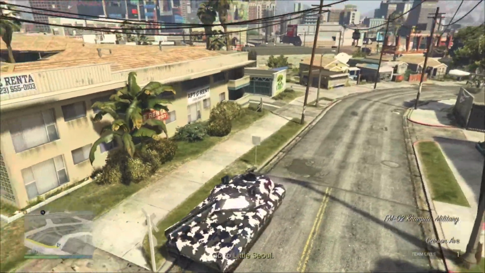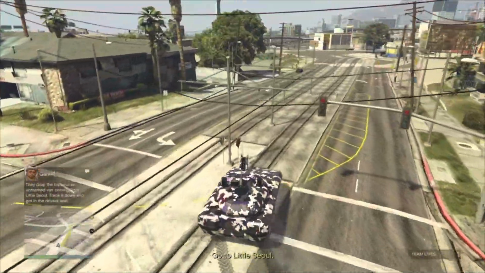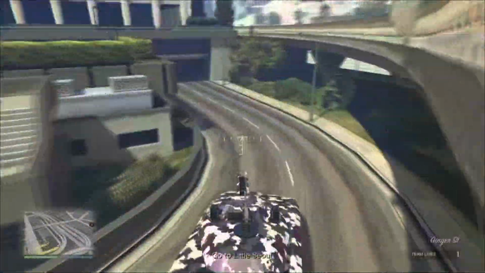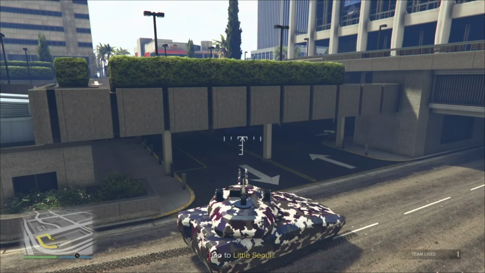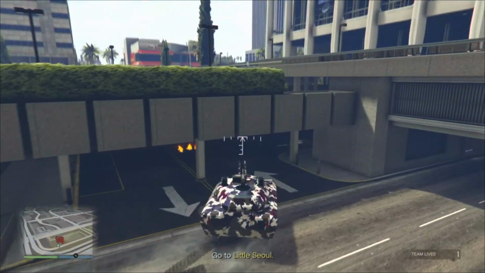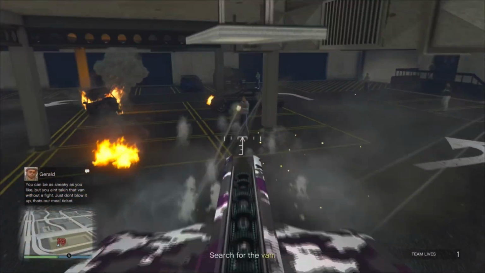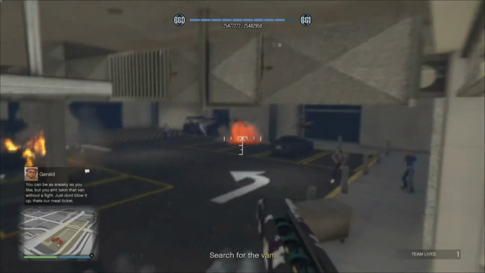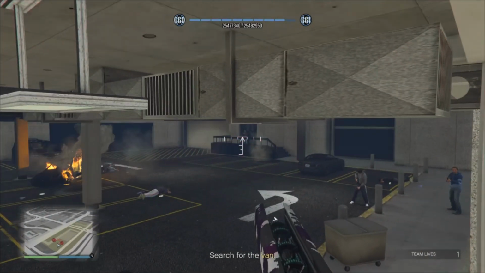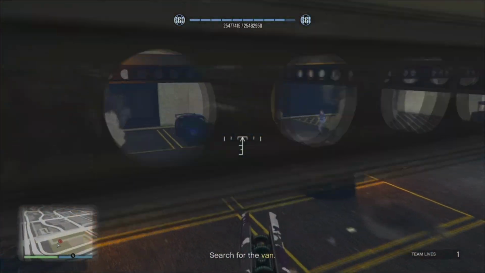And yes, as you can see, I bought the Khanjali finally. I do have to reluctantly admit that the Khanjali is the best vehicle to use for each of these last three missions. But here we are on Go Figure, and it will send you out to a location first of all to find the van, but as you can see there are a good number of enemies that you do need to take out. Now you do need to be very careful that you don't destroy the van at all,